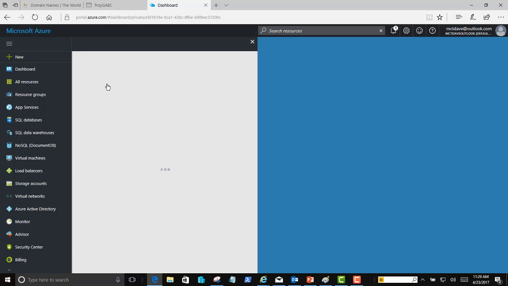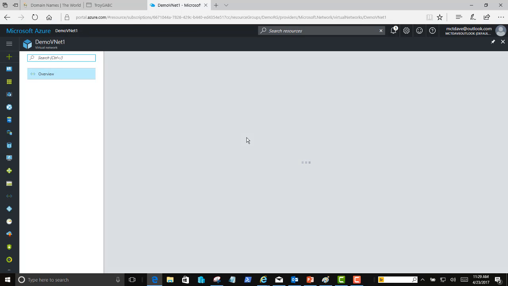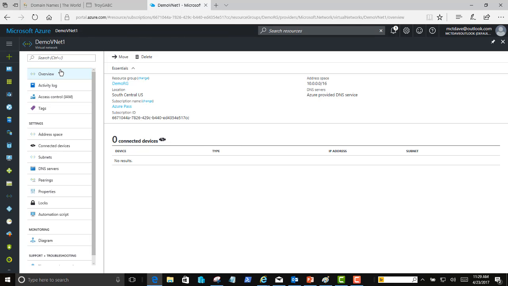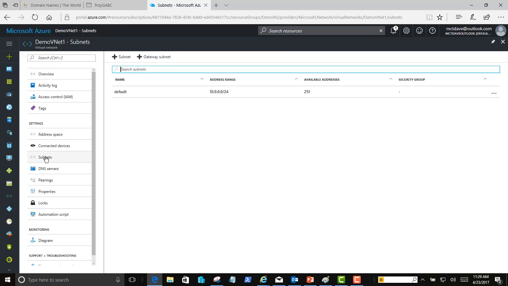I'm going to click the demo VNet 1 I just created. Then we get this console tree, if you will, with a bunch of different things on it, from overview, activity log, access control. Notice how we have address space, and right here, the thing we're looking for, which is subnets. So I'm going to click subnets. Right now, we have the default subnet that it created, and none other. So I'm going to make 2 additional subnets, one called production, and another called development. And I'm going to put these so that they just use the next